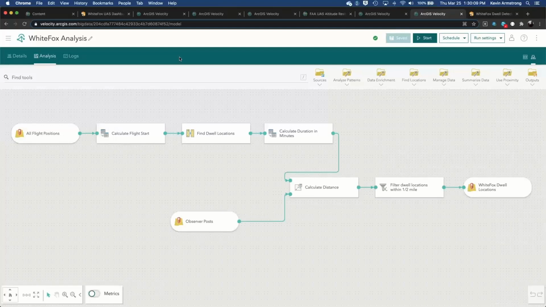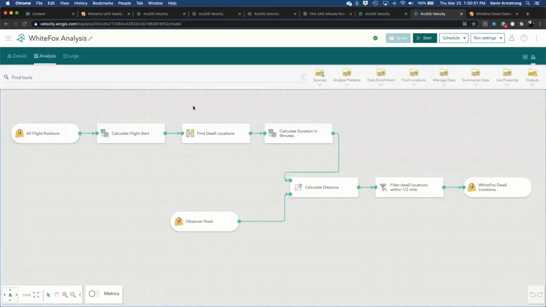So we obviously have showed the real-time feed, how you can deal with data as it comes in instantaneously, but you can also create what are called big data analytics that look at very large data sets. So in this case, we have probably over 160,000 flight locations, and I've constructed a big data analytic